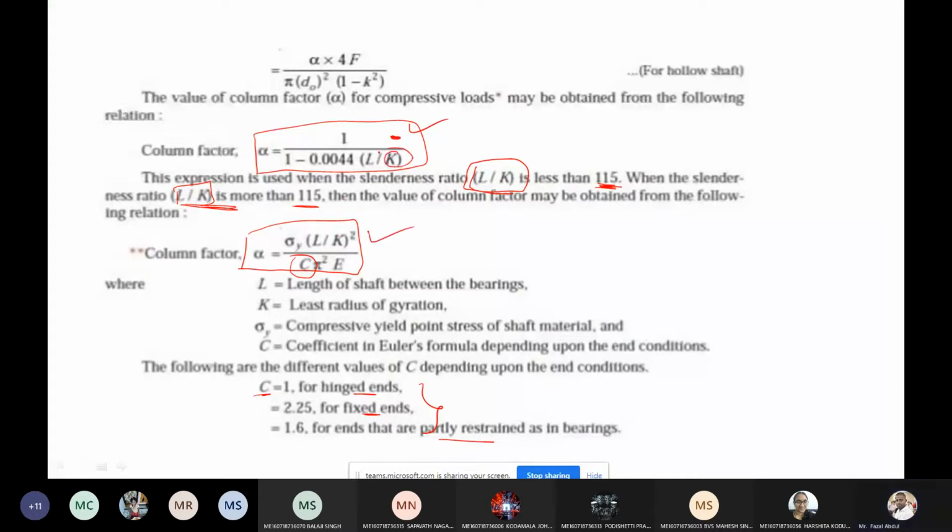Now what is K here? K is the radius of gyration. Note down this equation in your notes: K equals square root of I by A. What is the unit of radius of gyration? Meters. Moment of inertia is meter to the power 4 divided by area meter square, so meter square gets cancelled and finally meter remains. L is the length of the shaft. E is Young's modulus, in Newton per mm square. So this equation is going to be used.